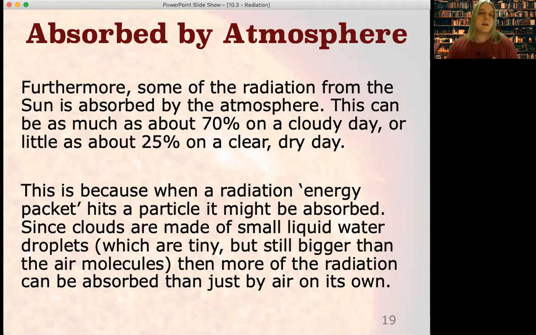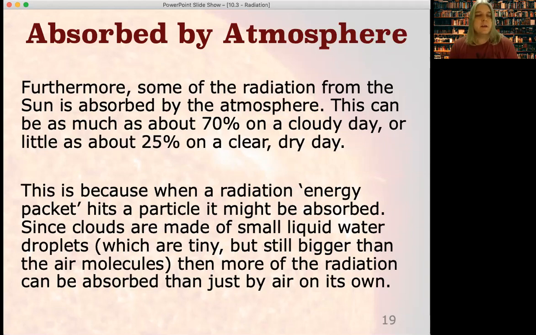And so those clouds can actually catch a whole bunch of that energy from the sun, and it means it doesn't all make it to the ground. And they can catch as much as 70%. Well, we can lose as much as 70% through the atmosphere and the clouds when there is a lot of cloud cover. Obviously, that energy is still being absorbed somewhere on Earth, but it's not making it to the ground, which is where we would catch it with our solar panels, or where plants and other animals would absorb that